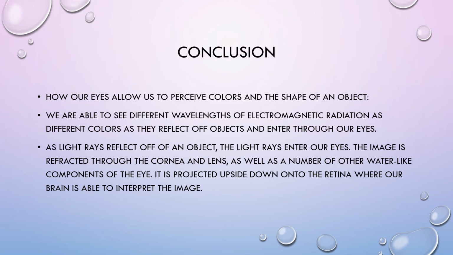Conclusion. There are many components in our eyes that allow us to see colors and perceive the shape of objects. We are able to see many different types of colors as they take form of wavelengths of electromagnetic radiation. As light rays reflect off an object, the light rays enter our eye. The image, as well as the color, is refracted through the cornea and lens and many other structures of our eyes. The image is projected upside down, and our brain is able to interpret the image, and that is how